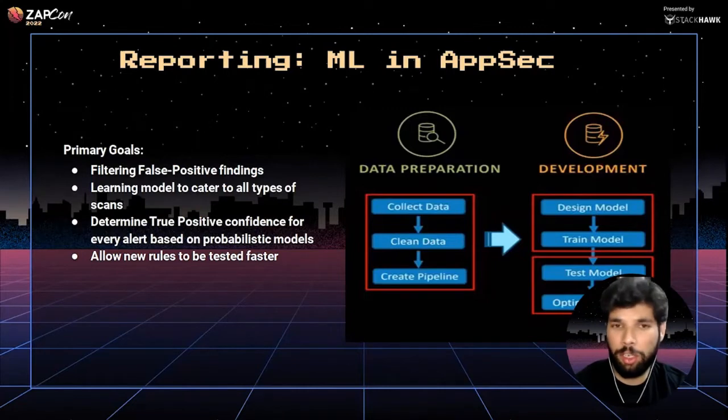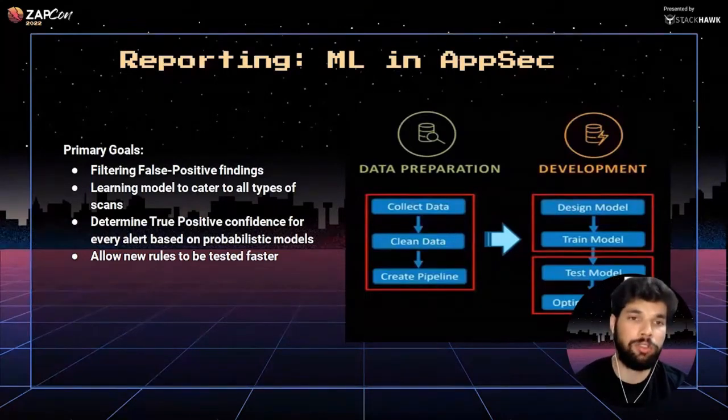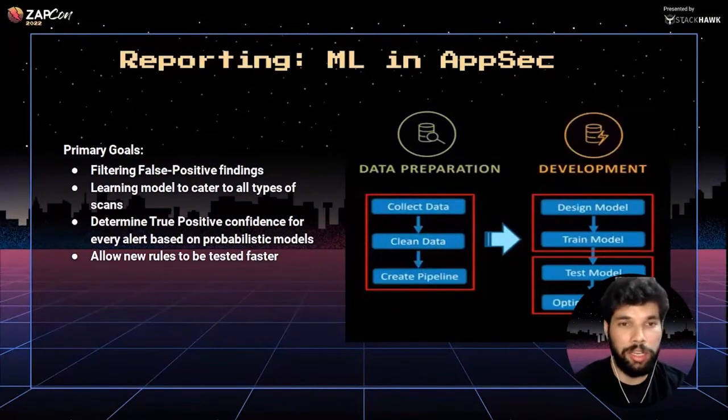So obviously we have a cutoff, let's say 95% is our cutoff, and if a true positive is above 95%, we automatically send it to the developers. We don't send it to the analysts. We send it to the developers, say, remediate it. It's a 3-month fix or a 1-week fix for that matter, right? So fix it. And if it's less than 95%, we'll probably give the analyst a chance to have a look